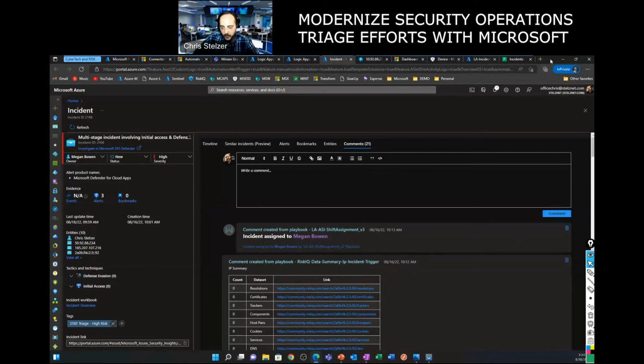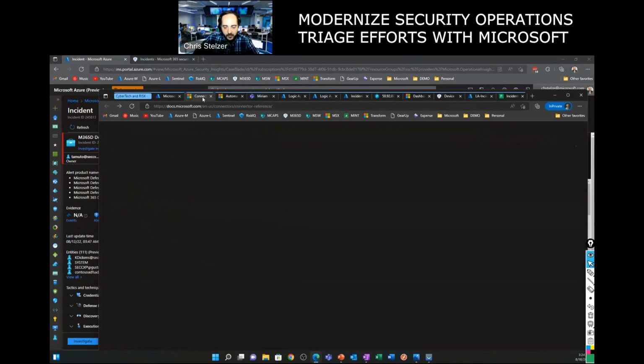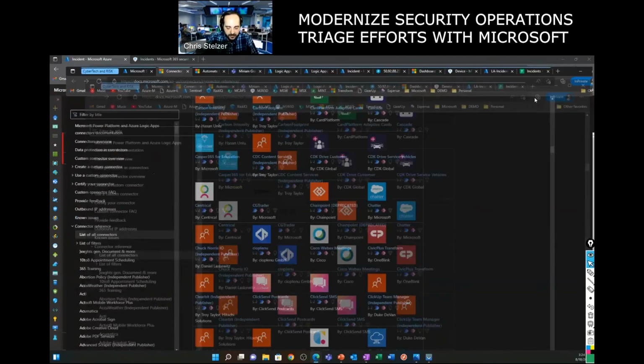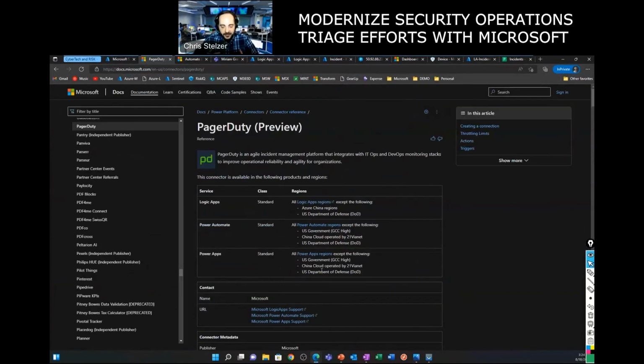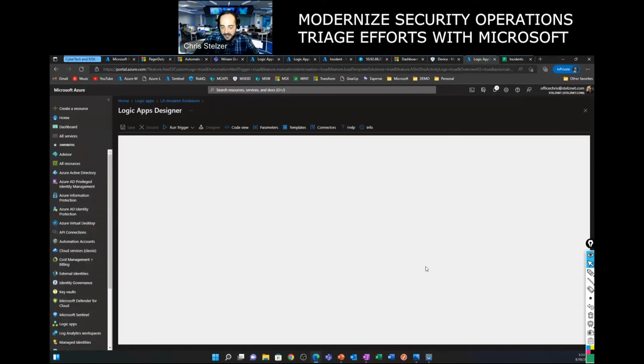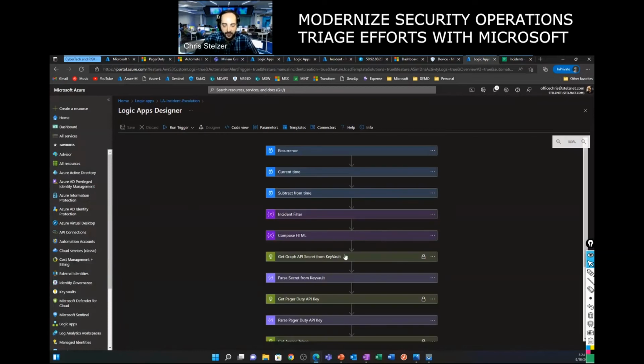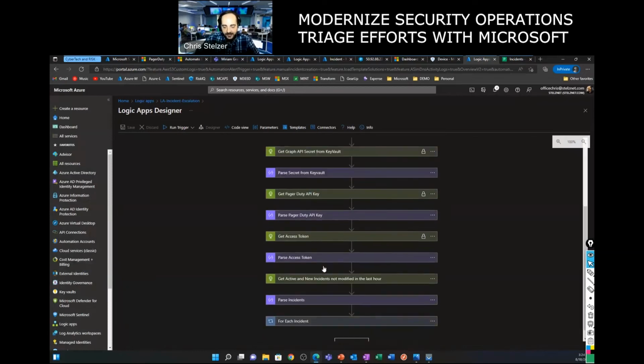And I really, really like this one. There's lots of different ways that you can do this. One of the ways that I really like to do this is through an application called PagerDuty. PagerDuty allows you to define on-call schedules to iterate through users, ping the first user, text message them, phone call them, move on to the next one, move on to the next one, finally move on to the manager. So I actually leveraged my own playbook through PagerDuty to deal with this incident escalation automatically. It's really neat, and it's super simple.